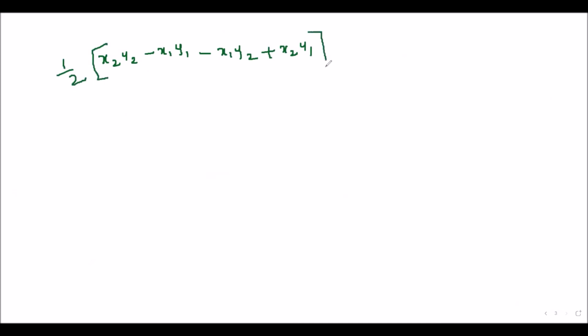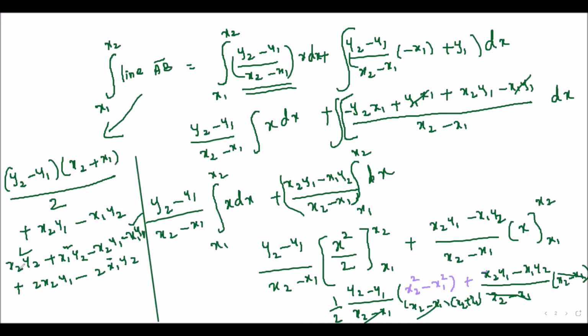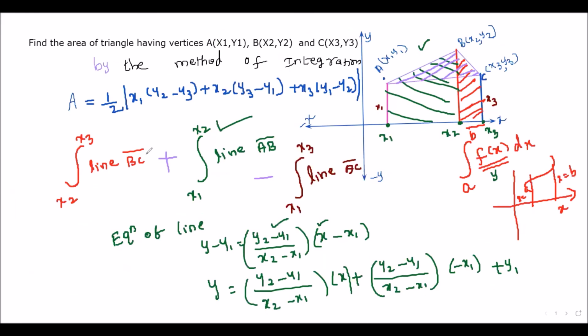This is the first integral value. Hope you understood, all of you. So just this simplification, x2 y2, the whole thing is by 2 is there here. So x2 y2 and x1 y1 I have written as it is, and this plus x1 y2 and minus 2x1 y2 can be grouped like terms, and plus 2x2 y1 minus x2 y1 can be grouped. So which answer did we get now? The line AB, sorry, the line AB. So this full value we have got with the help of integration, everything.